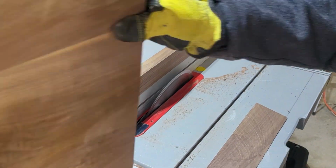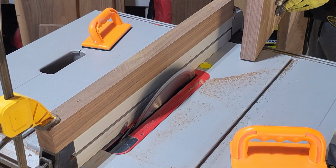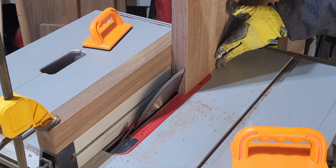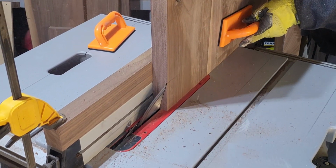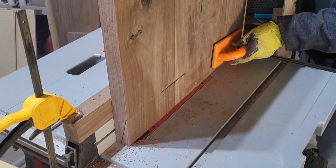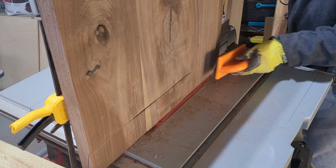So, all in all, I was like, this is sketchy. You know when your blade kind of starts smoking, slowing down a little bit. I'm really pretty lucky this didn't bind up because it was super sketch. But this took a while, so as I started getting a rhythm and cutting each side, I started